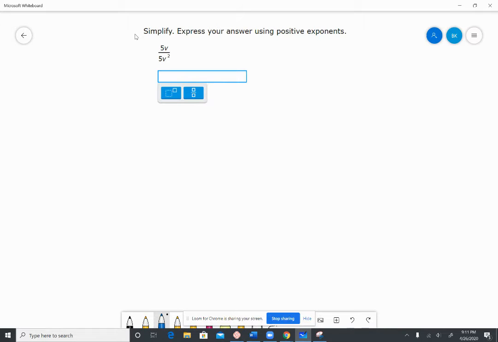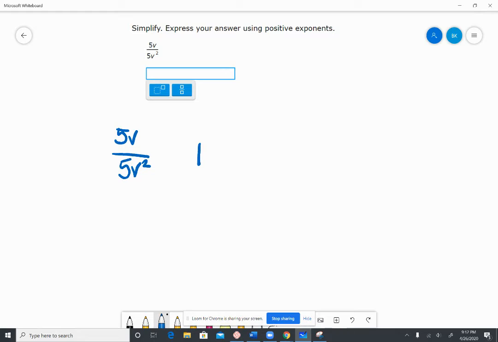All right, so as always, I like to rewrite the problem personally. That's just personal preference. So I have 5v over 5v squared. And so I always say just take one thing at a time. We have our 5s. That's the easiest to work with. 5 divided by 5 is going to be 1. So we're going to write down our number 1. And v divided by v squared is going to be, again, there is an imaginary 1 there next to that v. Okay, so it is going to be